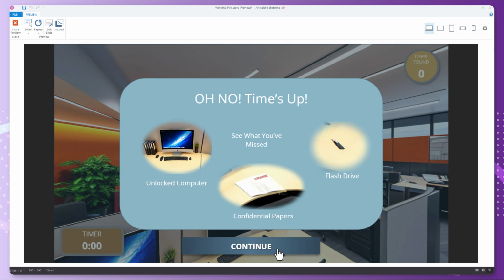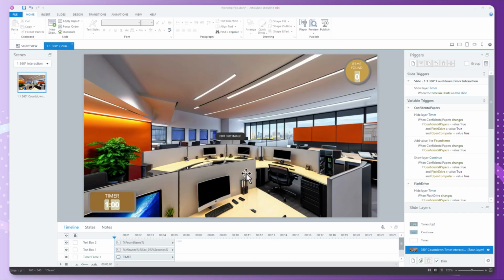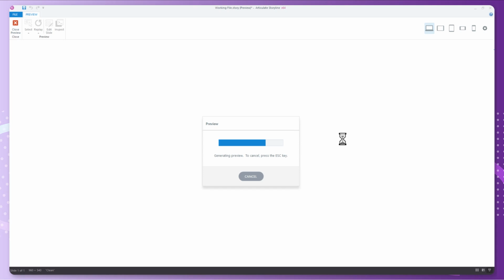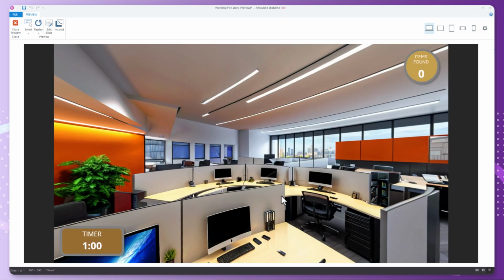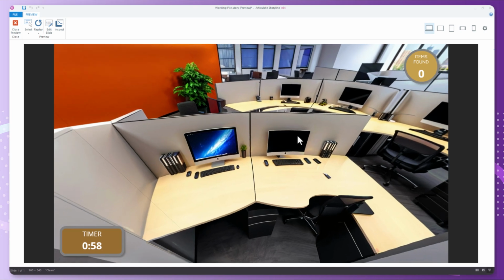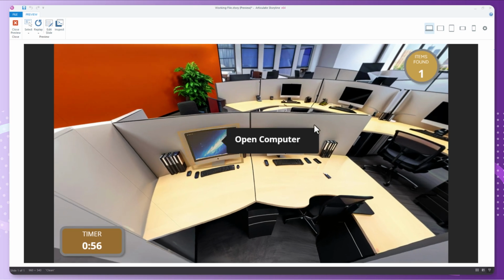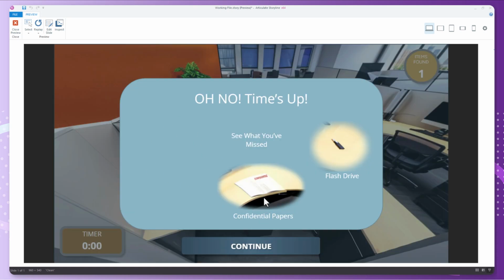If we wanted, we can test. Let's go ahead and preview it one more time. I'm going to click one of the items. We'll click this one so that they found one. I'll bring you guys back when it's 10 seconds on the timer left. Okay, we've got one item clicked and we're running out of time. We just want to be sure that that one hides when it pops up and only the two that we